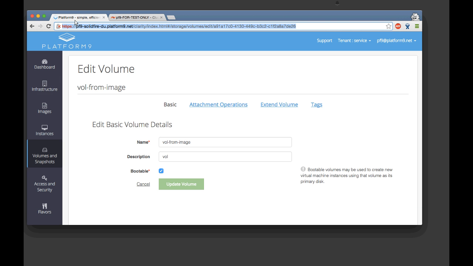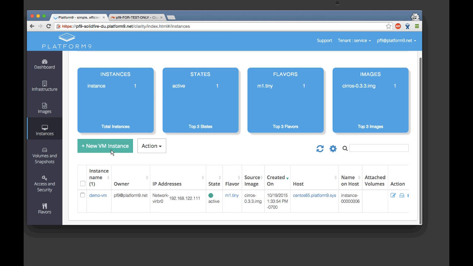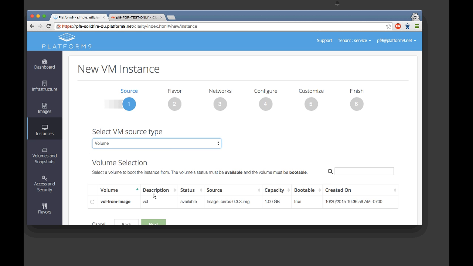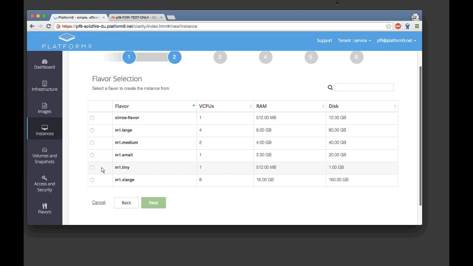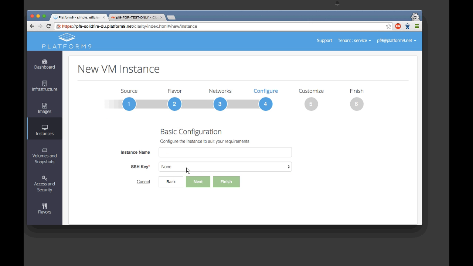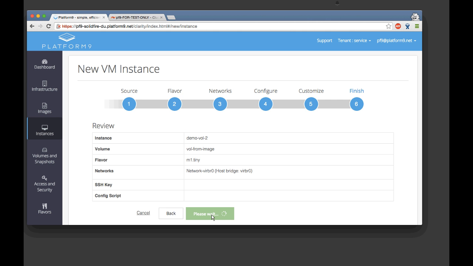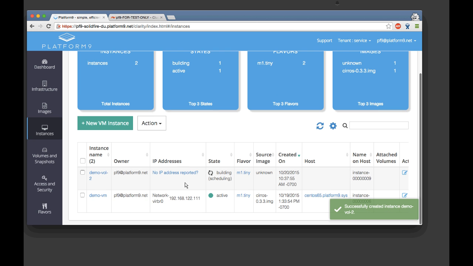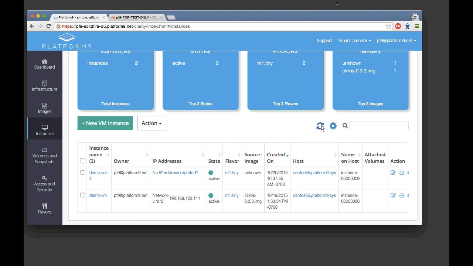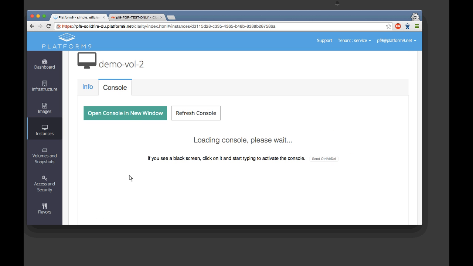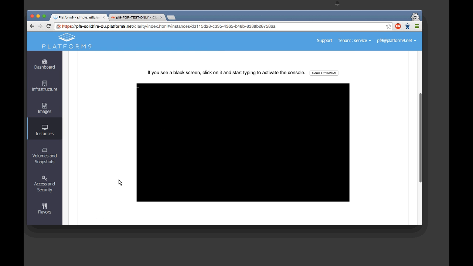So now let's quickly go ahead and spin up a VM out of this particular volume that we created. This is the volume that we created. I will go ahead and very quickly, so there you go. A new instance is being spun up with the volume that got created on SolidFire. This is a volume that's going to be used as your disk, which is going to have all your partition information. So it's already up. We'll go into it, and you can look at the console. You can see that the operating system is booting up.